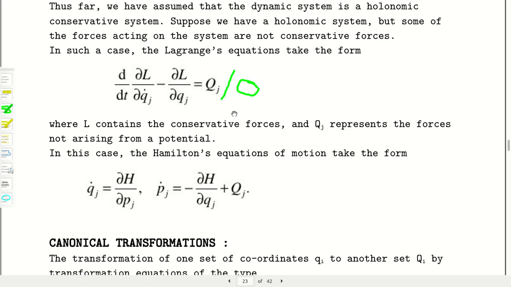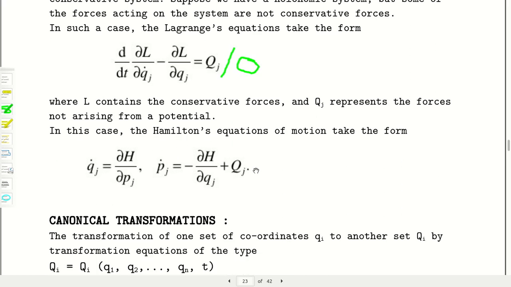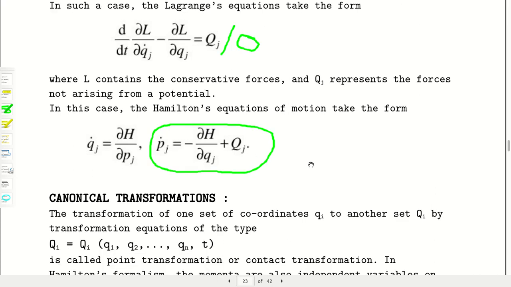In these cases, the canonical equations, that is, the Hamiltonian equations, will take the form where the first equation is the same, and in the second equation, pj dot is equal to minus del H del qj, you have to add this term, the force should be added here. This is very similar to Newton's equation of motion. In Newton's equation of motion, the left hand side contains the time rate of change of momentum and the right hand side contains the forces. So this force is there, the inherent force, but an external non-conservative force can also be added to the equation. So that physics is reflected once again in the Hamiltonian equation of motion.